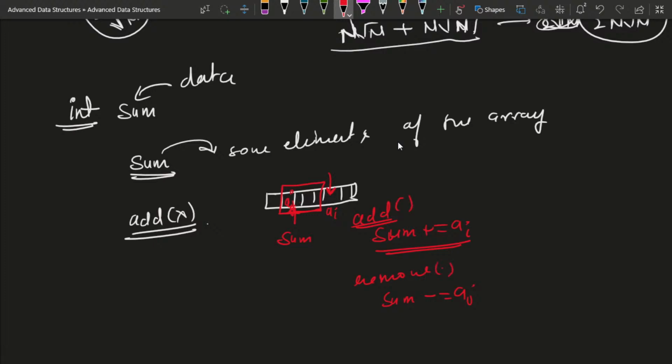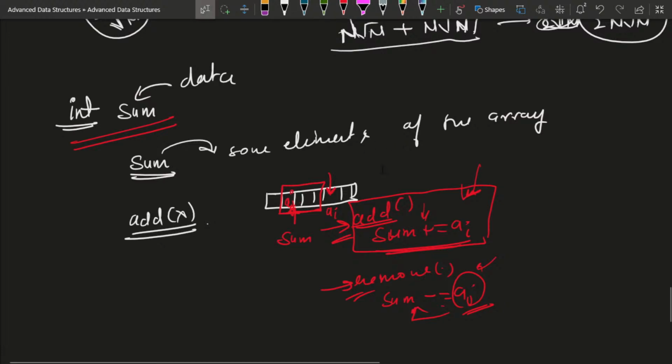So yes, we can maintain a data structure that is just an integer variable, and we can implement these two operations on this, that is the add operation and the remove operation, and we can solve this problem. Because for each add operation we have to include that element, and for including that element you can just sum it up, and for removing that element you can just subtract the value of that element from the sum. So this would satisfy the third condition also, so that we can say that we can apply this algorithm,